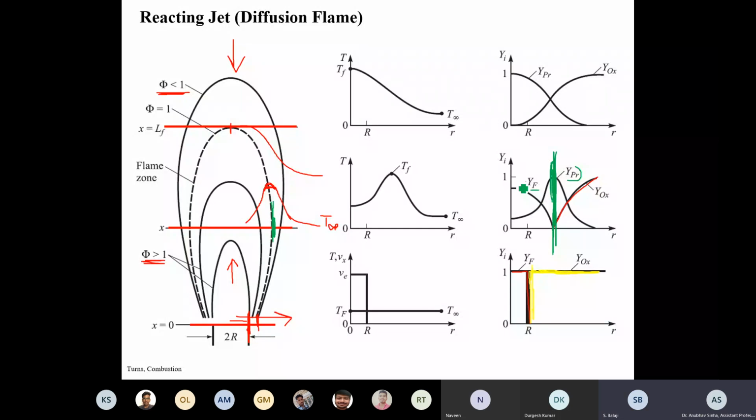Is it fine? Yes, sir. Okay. So now let us go to the topmost region. Here we are looking at the flame tip. Here what we see is the product is maximum at the center and then it goes down, similar to what we saw for temperature. And oxidizer is minimum here. All the oxygen is burnt. So oxidizer is minimum. It will increase as we go out. Is this okay?